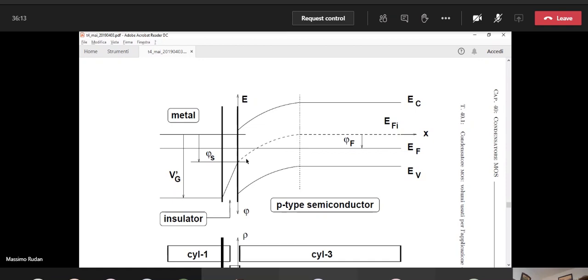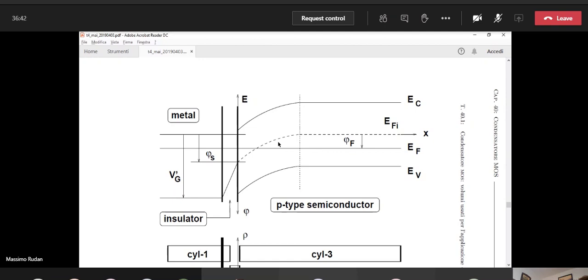So the slope, it is not very visible in the figure, but the slope on the left and on the right is different here, okay? What happens in the semiconductor? Well, it depends on the value and sign of the applied bias. In the case of the figure, that is one of the possible cases, of course,